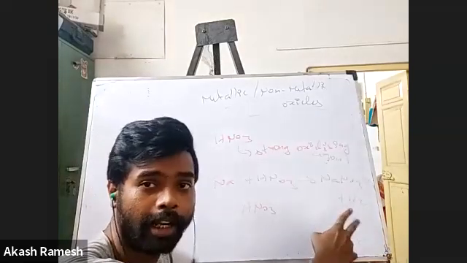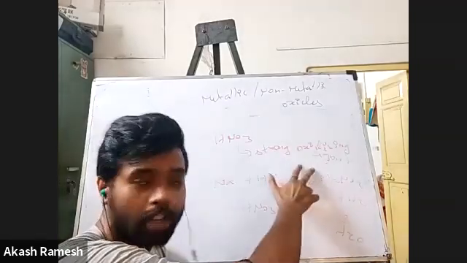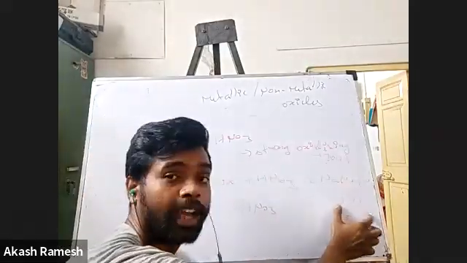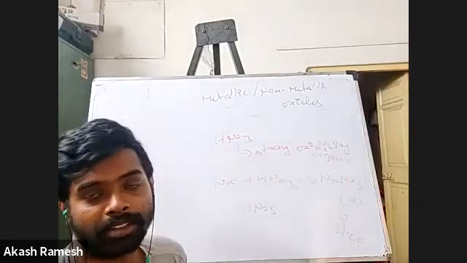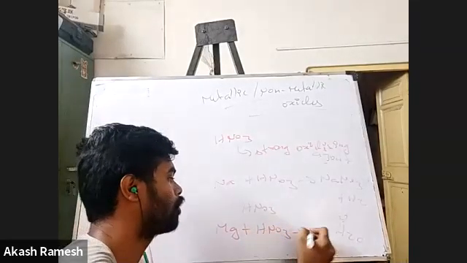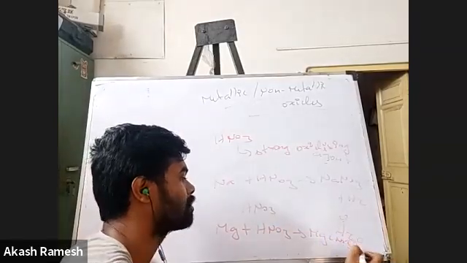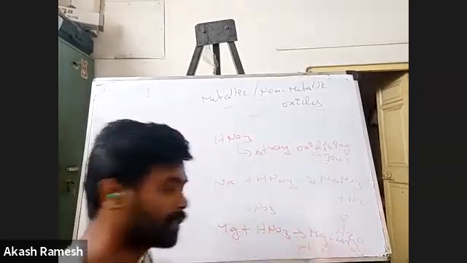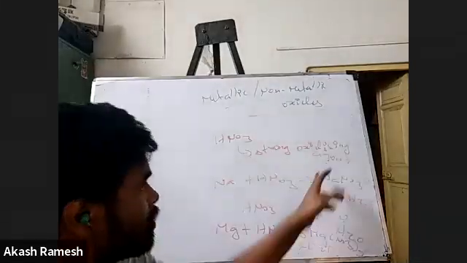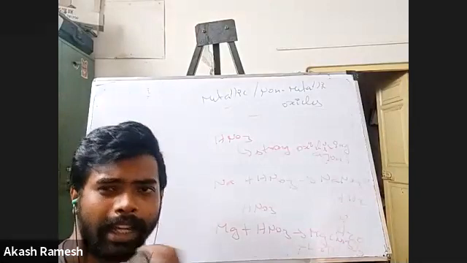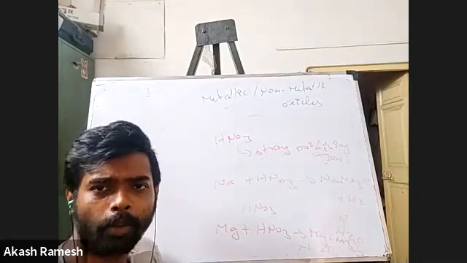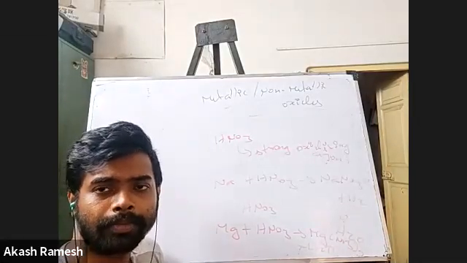Why is hydrogen not getting evolved? Because HNO3 is a very strong oxidizing agent. It will oxidize H2 to H2O. That's the reason. Now, why only magnesium? Magnesium reacts with HNO3 to form Mg(NO3)2 plus hydrogen. Why this reaction happens and not the others is a very good question. Anybody want to comment? Any guesses why this is going to happen? Why not the other metals?